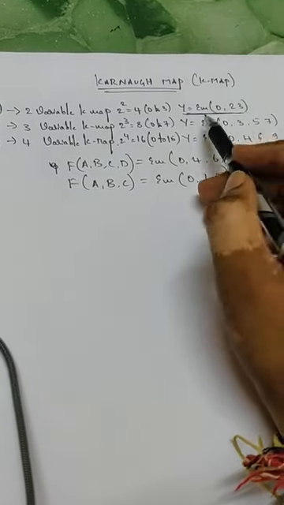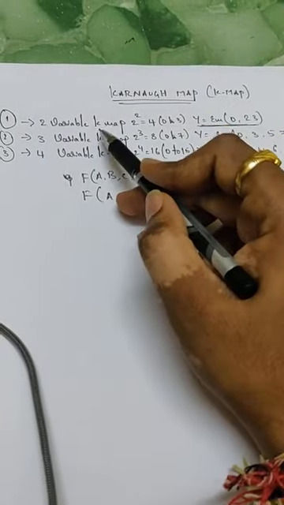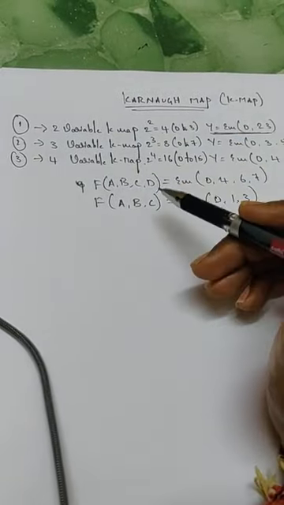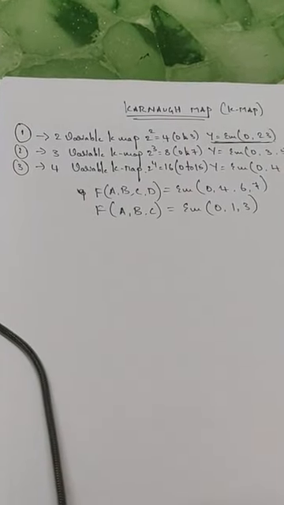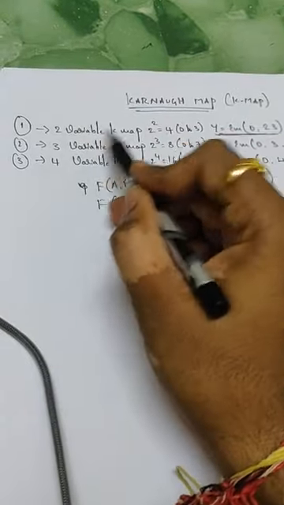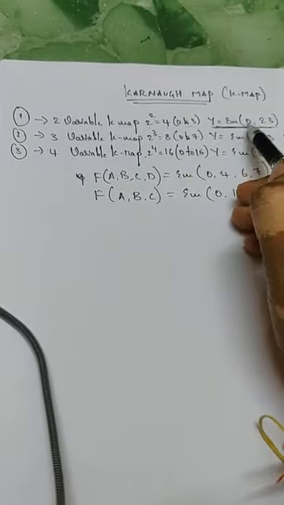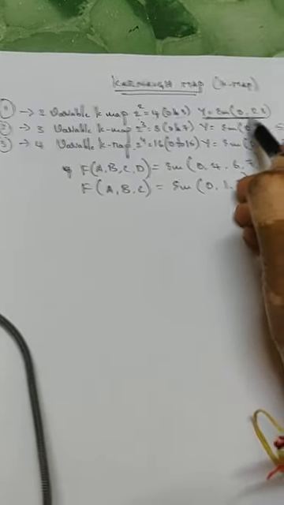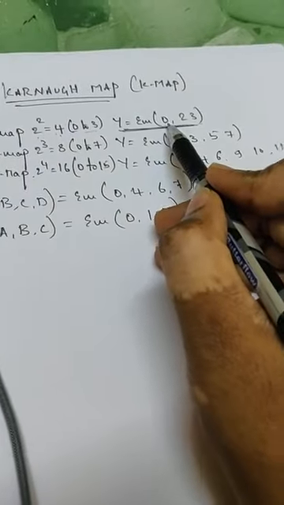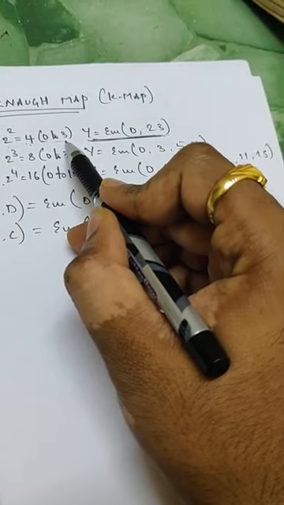That's it. First, they are not going to specify whether it is 2 variable or 3 variable or 4 variable, okay? Sometimes they do, sometimes they won't. First thing is you need to make sure whether it is a 2 variable K-map or 3 variable K-map or 4 variable. How to find out? As I just told, when it is a 2 variable K-map, that is 2 to the power of 2 is 4. It starts from 0 to 3. So whatever numbers lie within this bracket, look at this, the numbers should be less than 3.